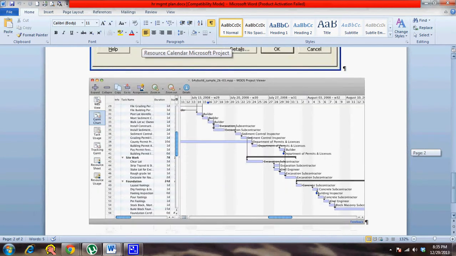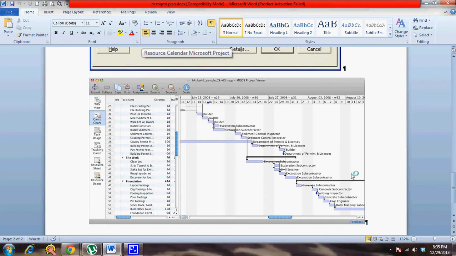But at a broader level, you have tasks. Then you can see the resource histogram, wherein there are blocks, horizontal bar charts, wherein you can see on what date, what level of work they need to do. So you can see the different resources that will be involved in each of the tasks. So if it's a 10-day task, you can see starting from 11th of July they work till 21st. So this kind of information is also part of your resource calendar.